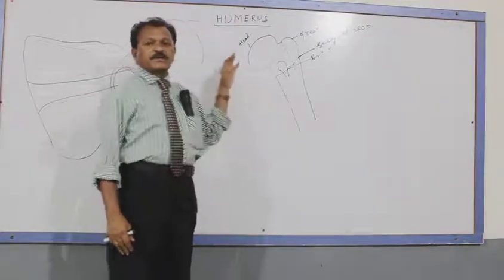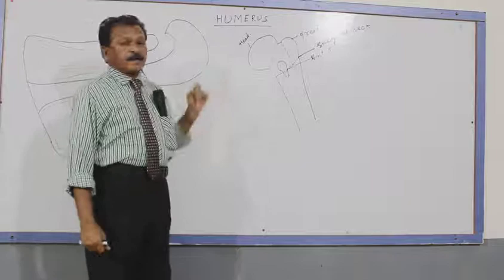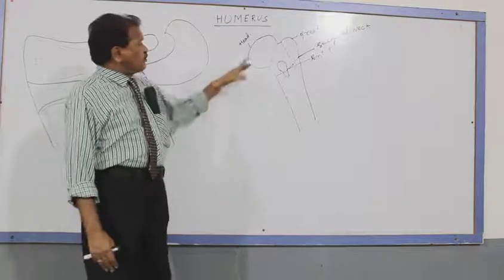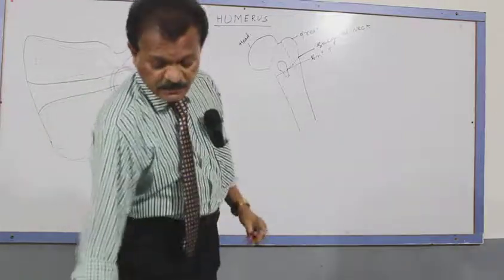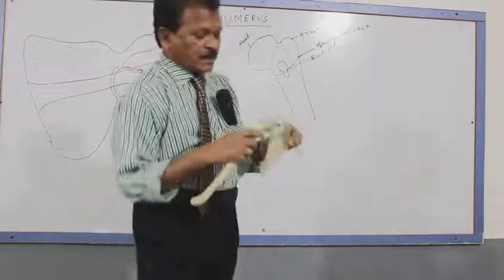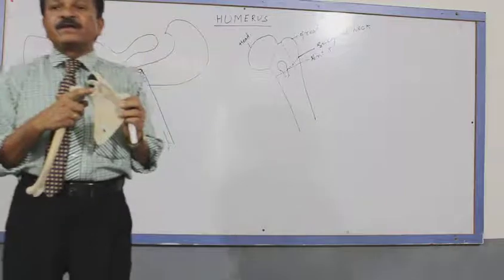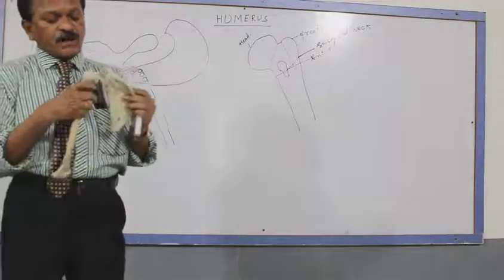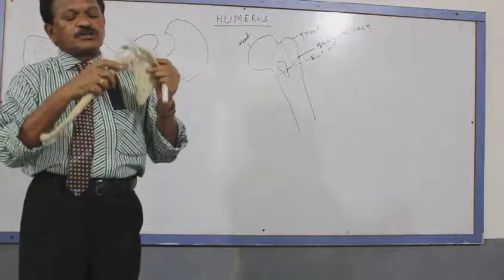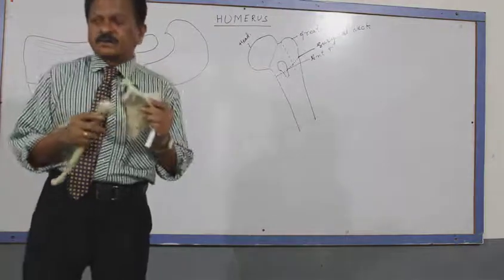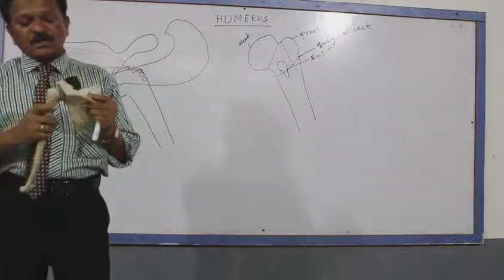And we have to discuss the details about the head of the humerus. The head of the humerus articulates with the glenoid cavity to form the shoulder joint. The diameter of the head of the humerus is more than the glenoid cavity articular surface. So there is more chance to dislocate in the inferior aspect, because if it is going